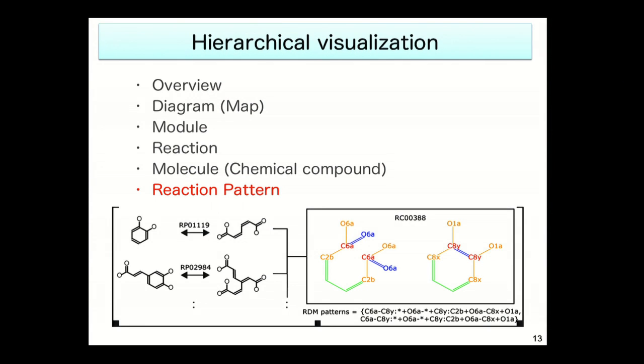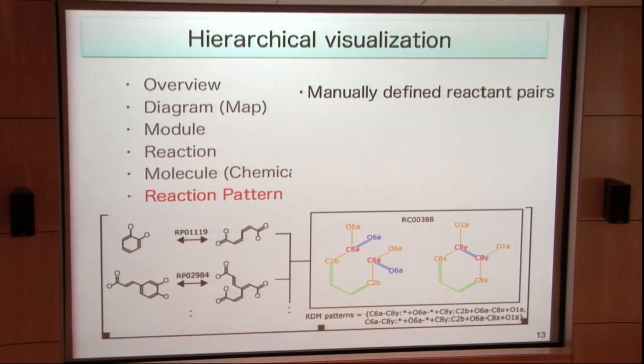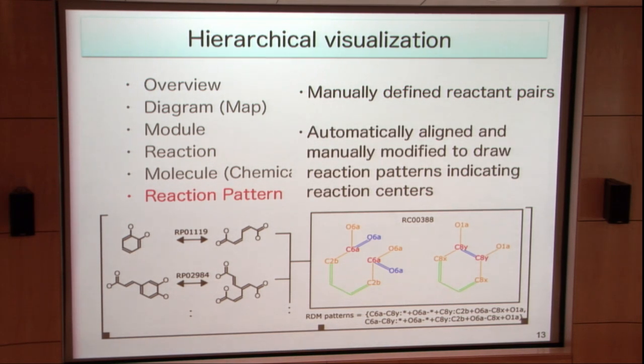And the last one is reaction patterns. This is a bit different from these molecules and the pathways, but this is a kind of subset of the reactions. And this is also manually defined using the reactions, mainly from the main metabolites. And those main metabolites and reactant pairs are automatically aligned and manually modified to draw the reaction patterns like this,